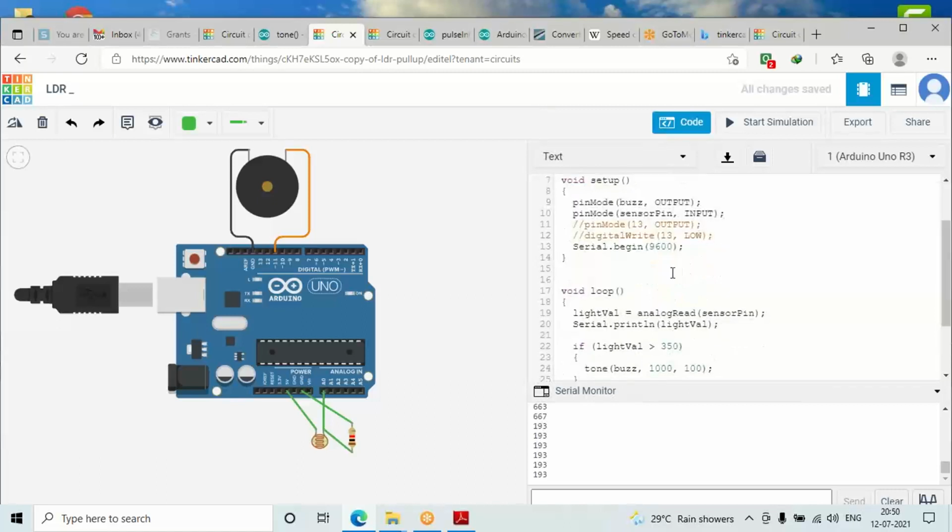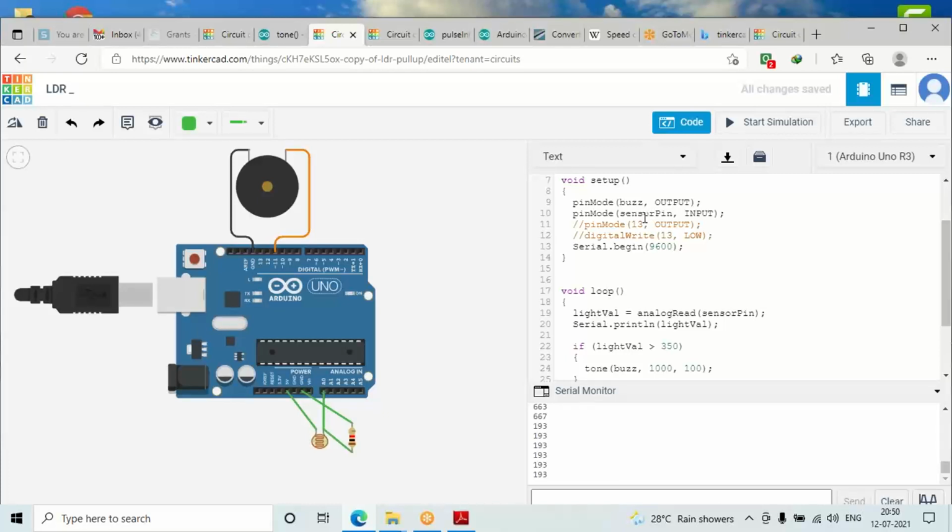Now in the setup part, if you look carefully, what I have done is I have made the buzzer an output and the sensor pin an input. This sensor pin as input, if you remember, last time I had not written. By default it is actually input only. If you don't write it, then also it is okay. But it is advisable that you should write it, because we don't know when the value is changed.